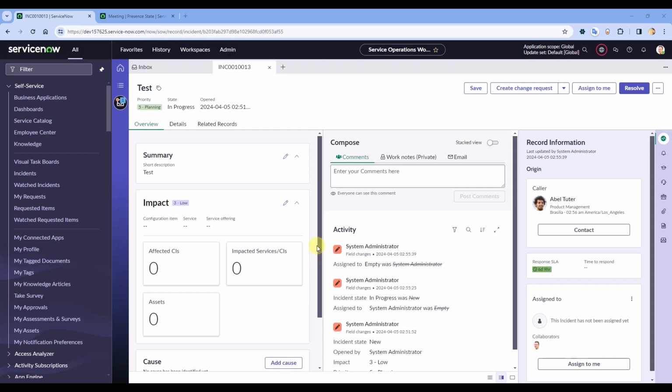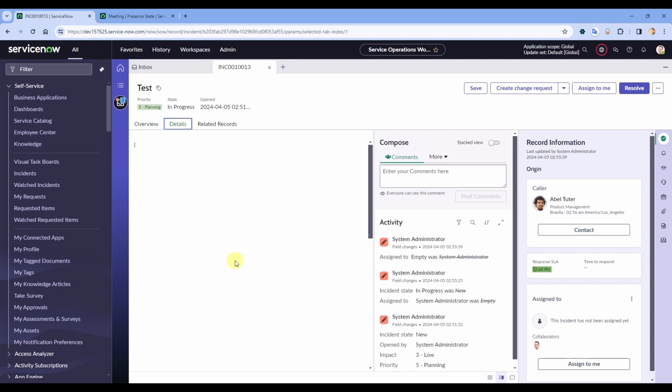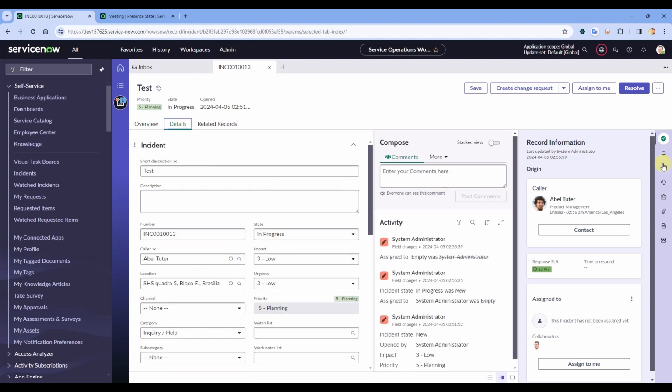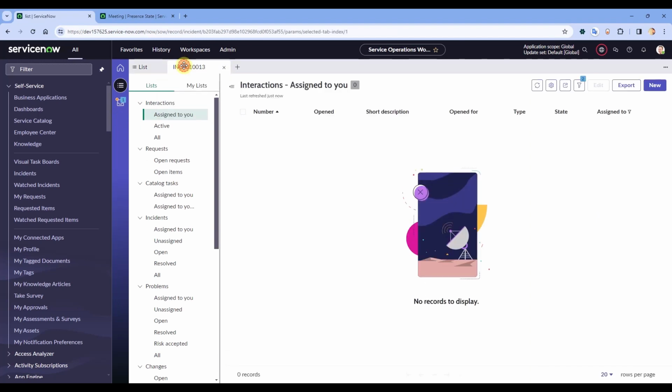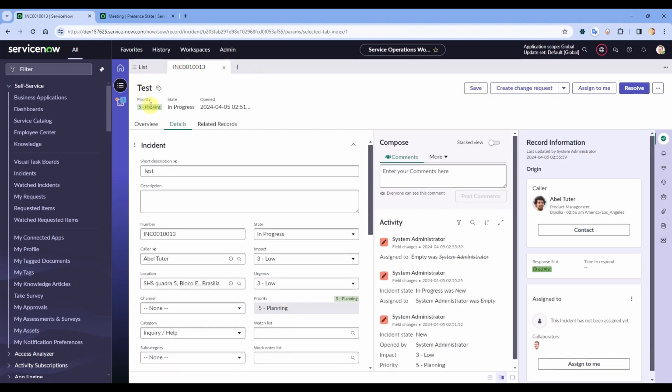You can do a lot of things in configurable workspaces. You can configure buttons, form layouts, you can configure contextual side panel pages, you can configure lists and pages here in the L1 navigation. You can even configure or develop anything in the header of the form. But there is one thing you cannot